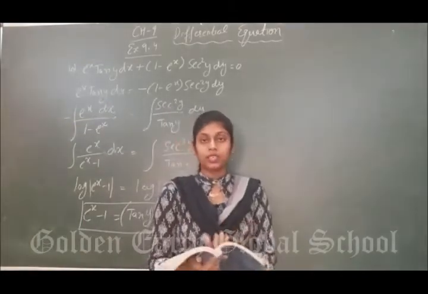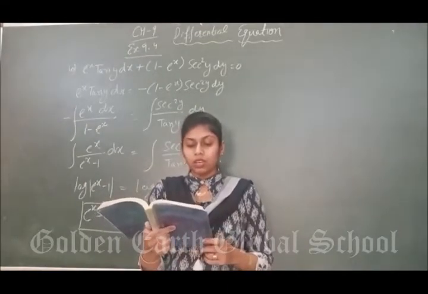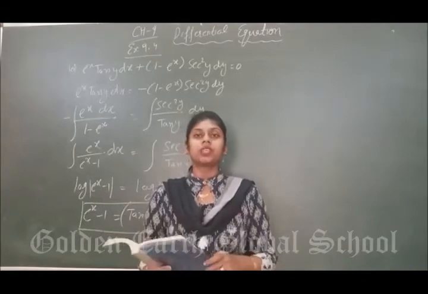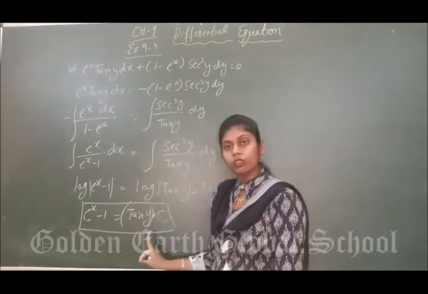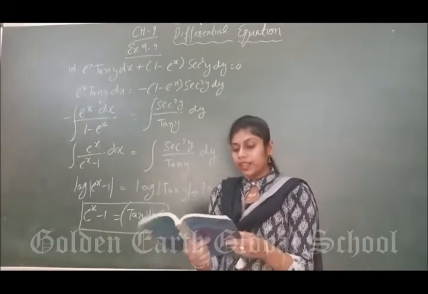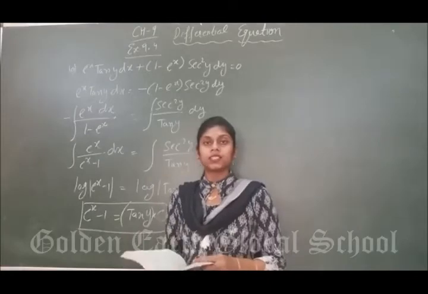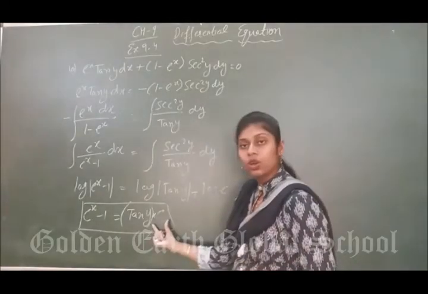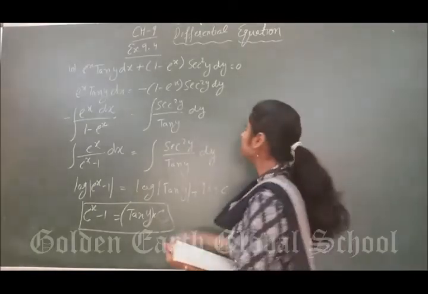So all the 10 questions are the same. Next, 11th question. Now we have to find a particular solution. Up to this point all the questions are the same. First of all, you have to find the general solution. Next, a condition will be given to you. According to that condition, you have to find the value of this constant c. Clear? See, 11th question.